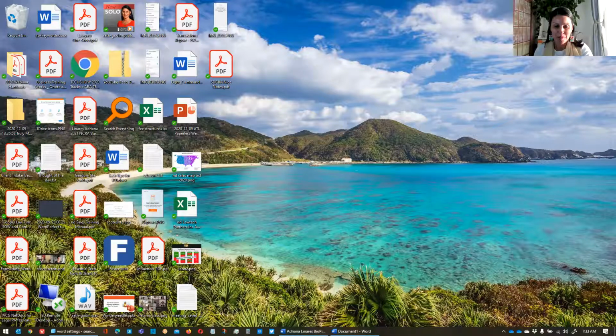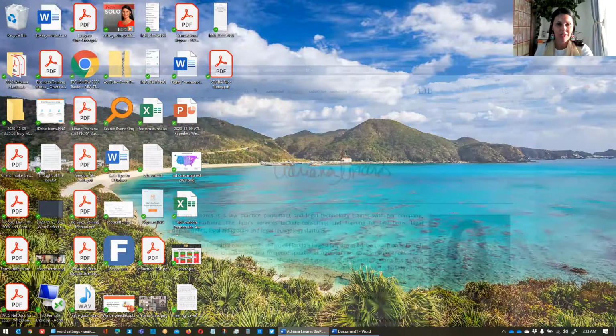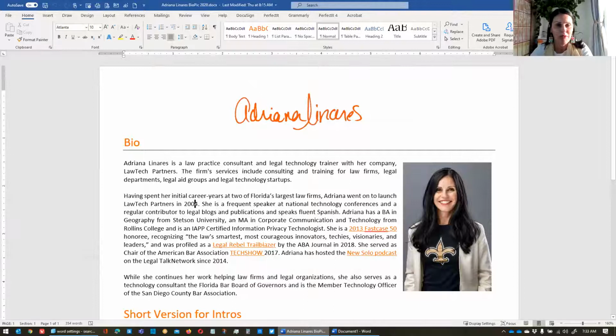I'm going to open up Word. And I'm going to start with that one specific setting and a couple of other settings that you want to do sort of on the back end of Word. And then we'll come back into the document and I'll address the most frequently asked questions and issues that people ask me about.